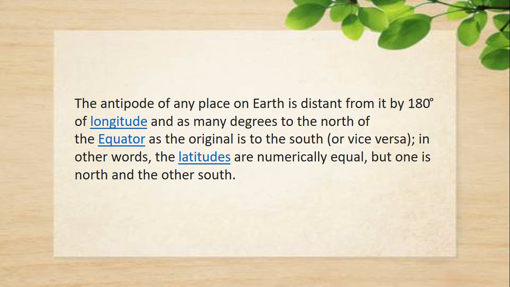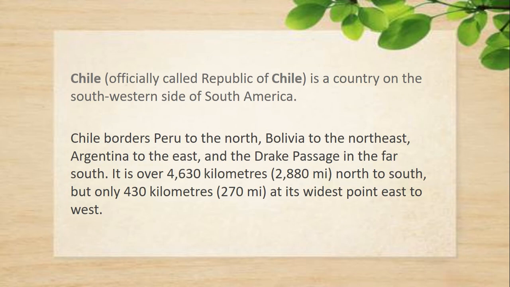70 degrees south. But in longitudes, if a meridian of any region is added to its antipode's meridian, the summation will be 180 degrees. So if the meridian of one region is deducted from 180, its antipode's meridian is got. To find the longitudinal antipode, you must deduct the longitude from the summation of 180 degrees. That means if the meridian of one region stands at the east, its antipode's meridian will be at the west.